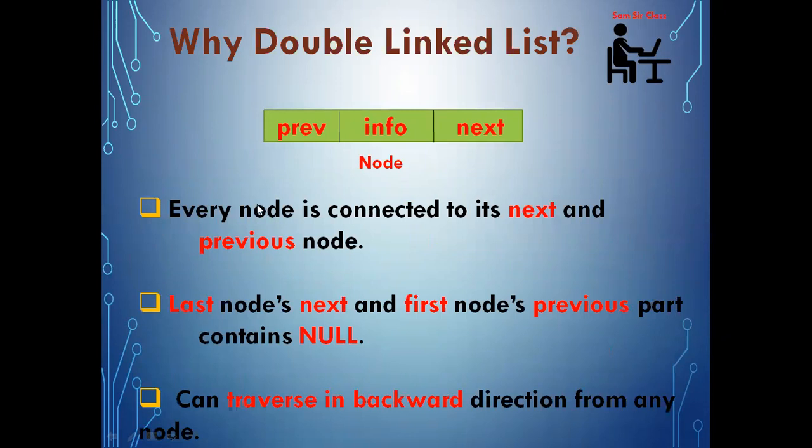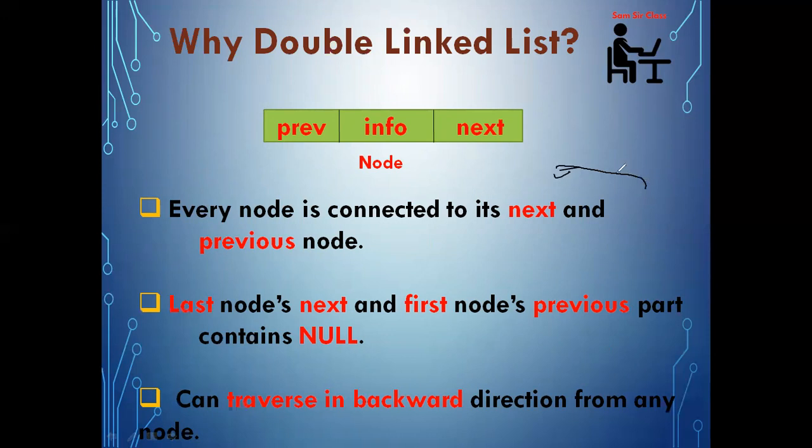Whenever we are talking about a double linked list, that particular node will keep the address of the next node as well as the address of the previous node. And why is this required? Because in a single linked list, you have to traverse in a single direction. Now at node number, suppose 3 or 4, you need to come to the previous node. Now you are not allowed. Why? Because you can traverse in a single direction.